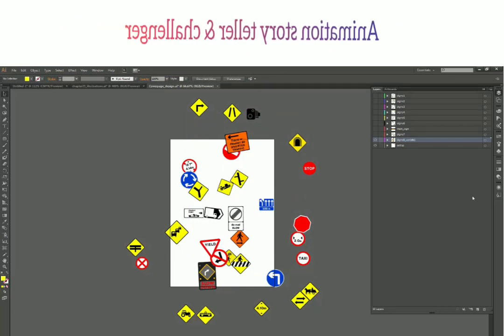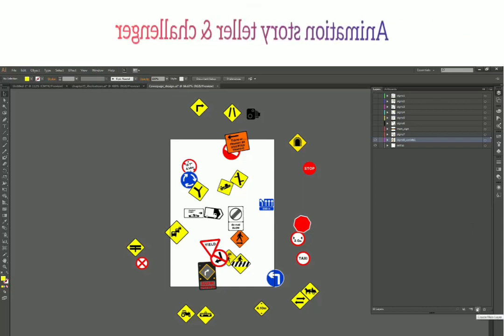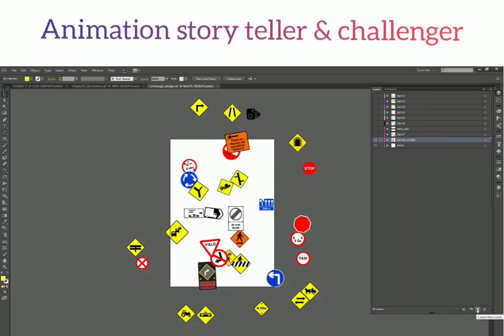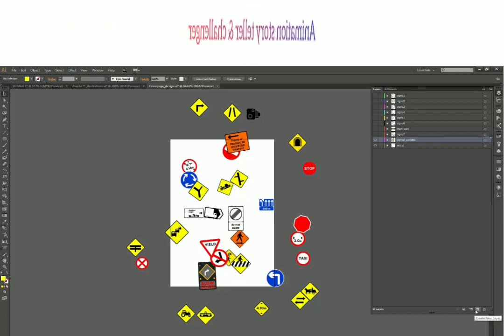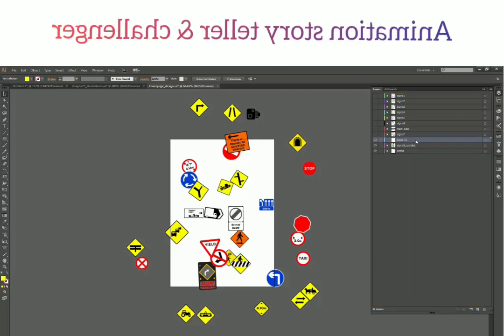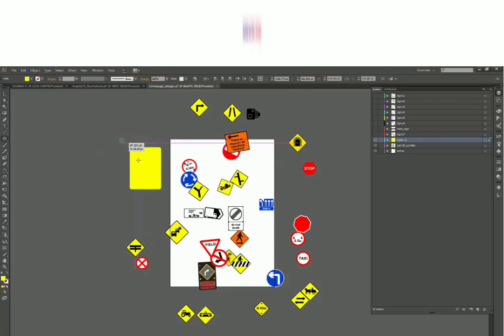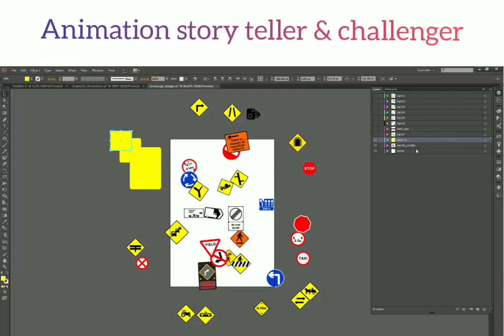Okay, now let's see some of the options. How can we create and delete a layer? If you want to create a new layer, you have this icon here which says create new layer. Just click on this and it will create a new layer for you. Now if you want to draw something in this layer, you have to select this layer first and then draw your shapes, and you have all your shapes inside this layer.